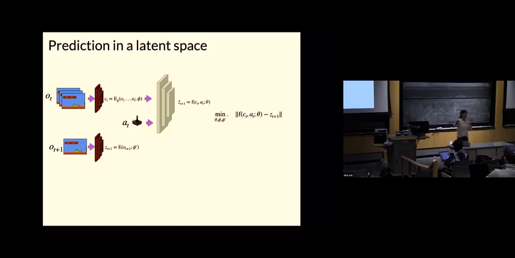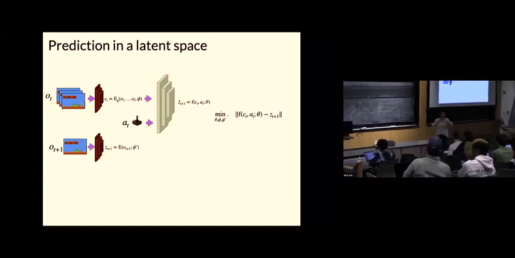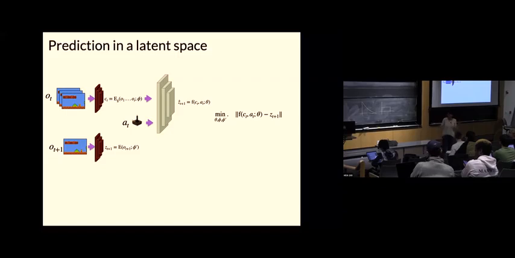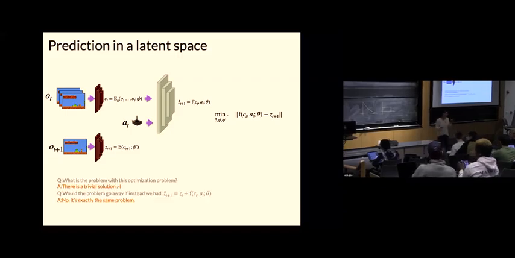Right. Exactly. This is the problem here. There is nothing that prevents this from collapsing. Of course, it's end-to-end differentiable. Of course, I can backpropagate. I just wired together some differentiable functions, but there is a trivial solution. All right. And when we were predicting in pixel space, there was no trivial solution. Why? Because I have the actual pixels there that I need to predict. Okay. Is that clear? Now, of course, okay, so that's one problem. Now I want to ask you, can you find a baseline way to get this thing not to collapse and to actually be useful? Yes.